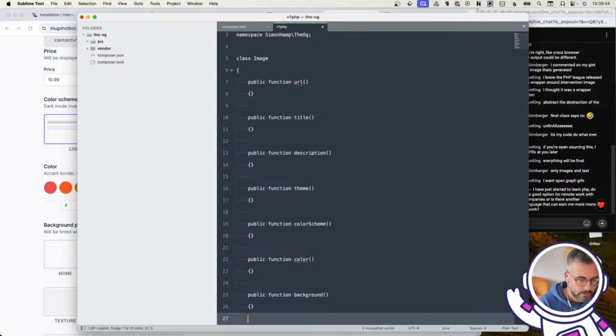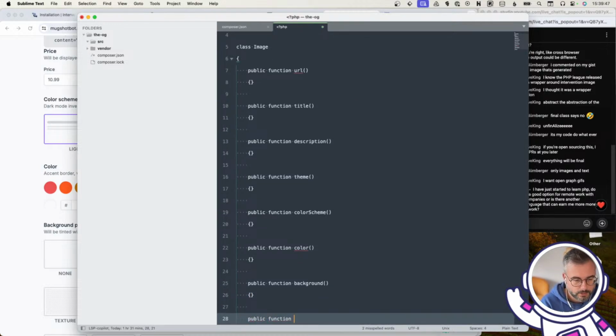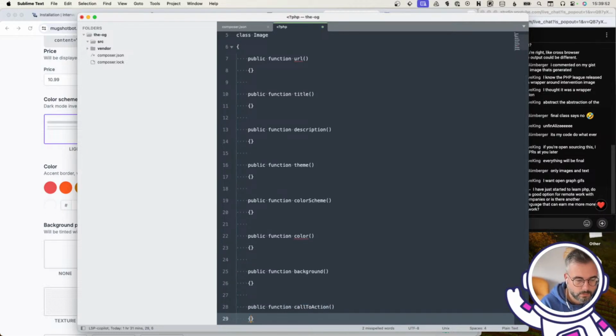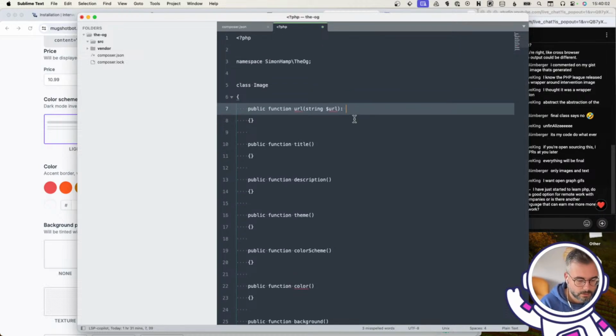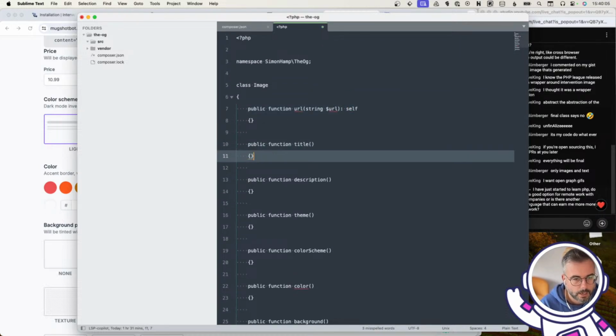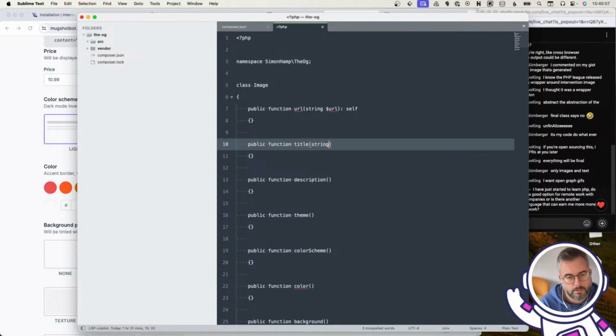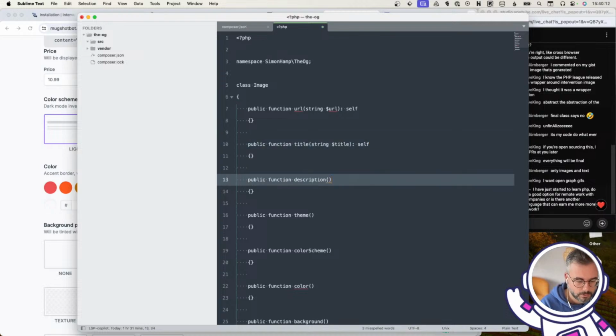So we're going to say public function call to action, and we'll go through these again from the top. So URL, this is going to be a string, it's going to be a URL, and it's going to return, let's have it be a fluent thing, so it's going to be self. And then title is also going to be a string, and that's going to be title, and it's going to return self. And description is also going to be a string, and that's going to be description, and it's going to return self. And theme